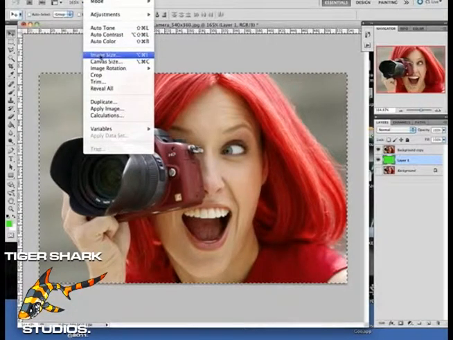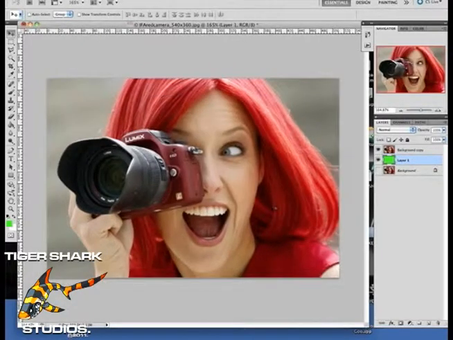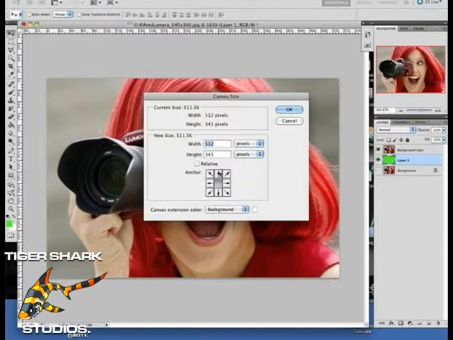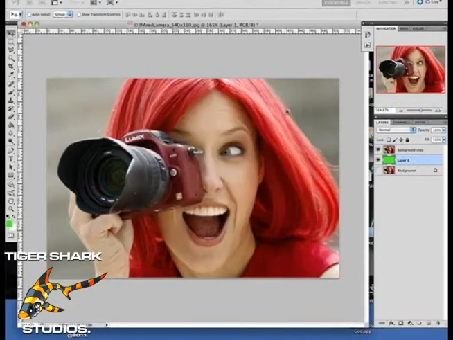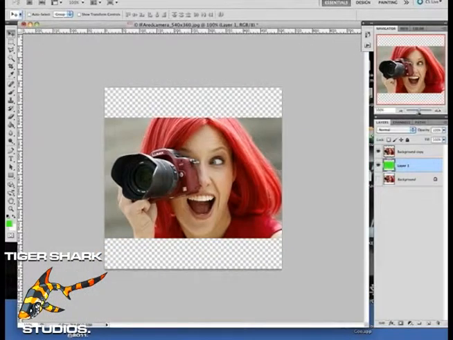Image size, make sure it's on constrain proportions and say 512 for the width, and then I'm going to say image canvas size. I'm going to make the height 512, and what that's done is made this 540 image change to be 512 but maintain the aspect ratio, and then I've just made the canvas size a little bit bigger so that